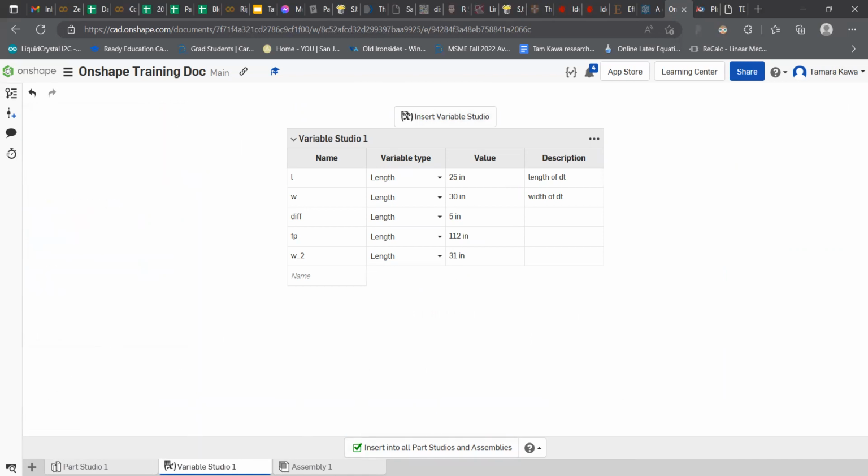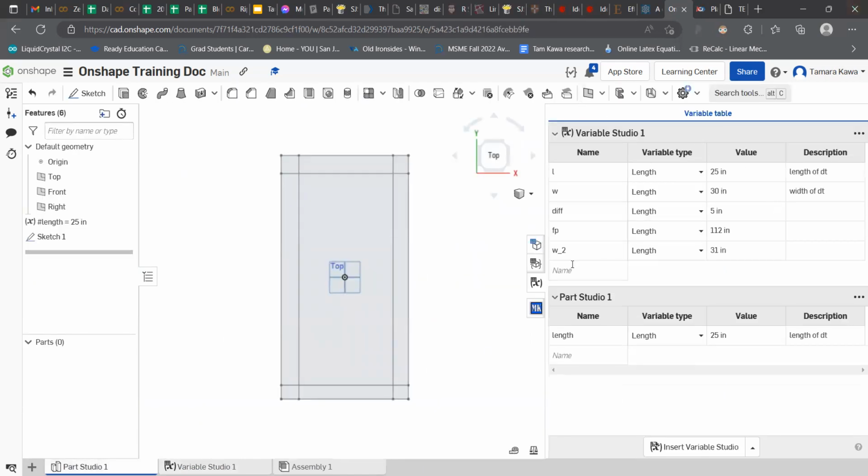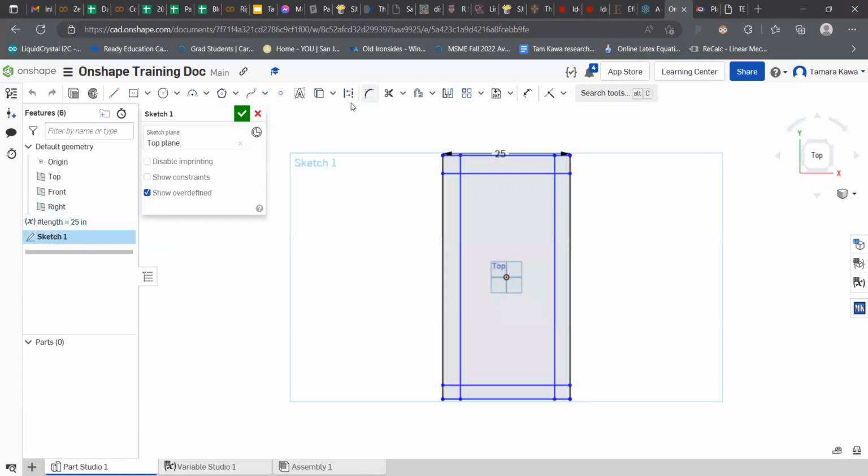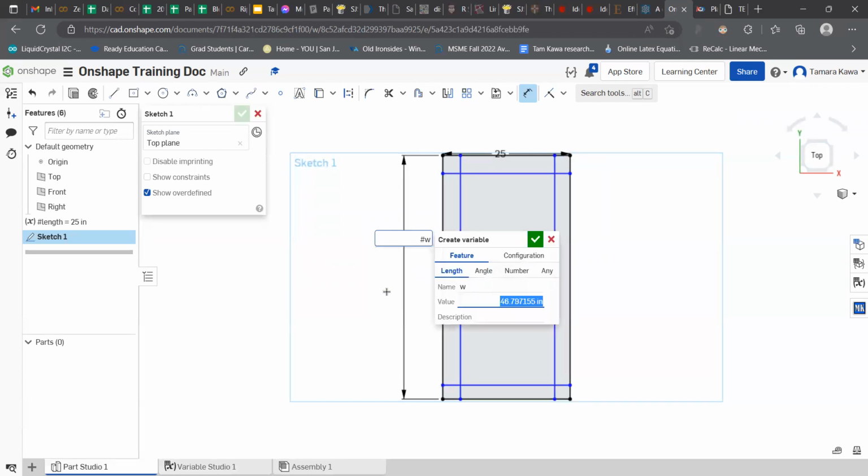So with that, I'm going to have this inserted already, and that'll populate over here in variable studio 1. You will also still have the local variables from part studio 1. That's going to be really important for you to note. There is another important thing I should probably point to, which is what happens if I select this and I type in hashtag W. So I have W and W2 because those both existed in that variable studio. But if I say new variable and I say 28 inches,